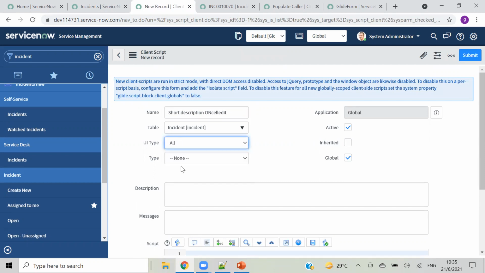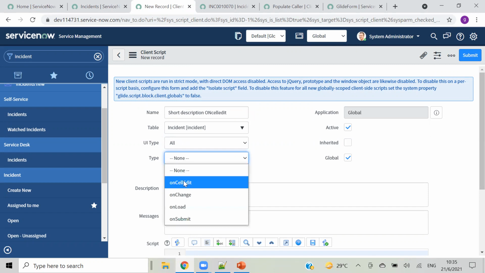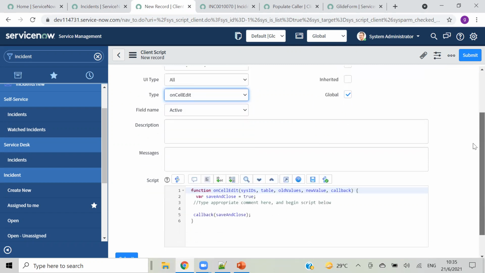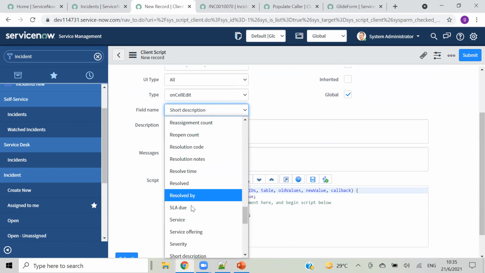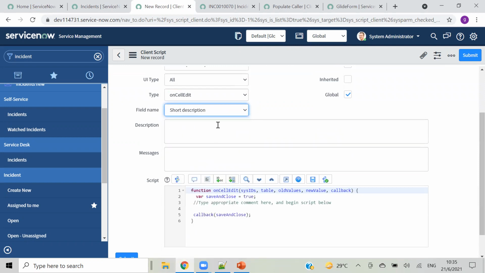It will be like on change, like we have seen, so it will show the same code. So here, on change of short description. I am selecting on change of short description, and you can see the same thing: we have old value, new value, and some different things like sysID, table, which table, and callback function, something related to on cell edit.